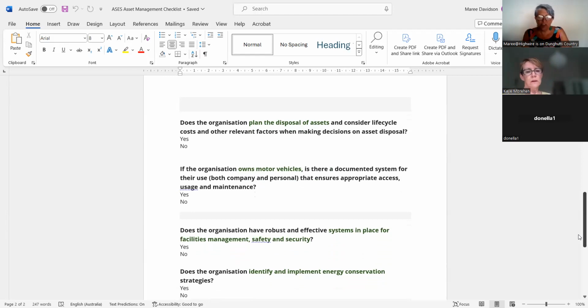If you own motor vehicles, is there a documented system for keeping them maintained and tracking their usage? Do you have a robust and effective system in place for facilities management? So this would mean regular checks and a system for recording hazards and monitoring the follow-up of hazards. That's really important. Often we see that work health and safety checks or facilities checks will be done, but they might sit on a form and they might be in a folder somewhere